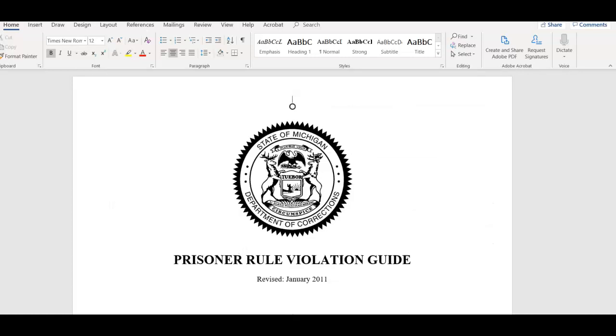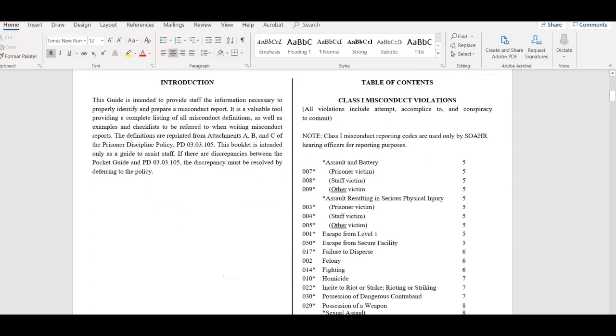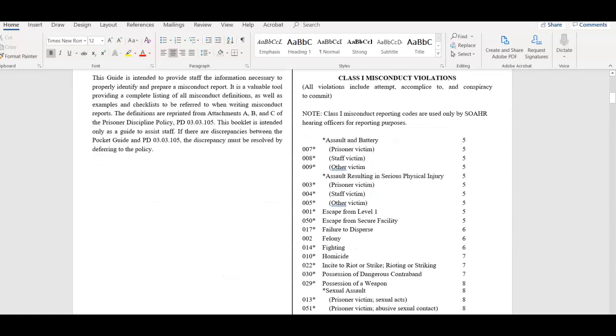This is a brief explanation of how to use the prisoner rule violation guide, which is usually referred to as the misconduct book. And this is from the Michigan Department of Corrections. There are three different types of misconducts. They are class 1, class 2, and class 3. Class 1 is the most serious, and as you can see, each misconduct has a code that then goes on